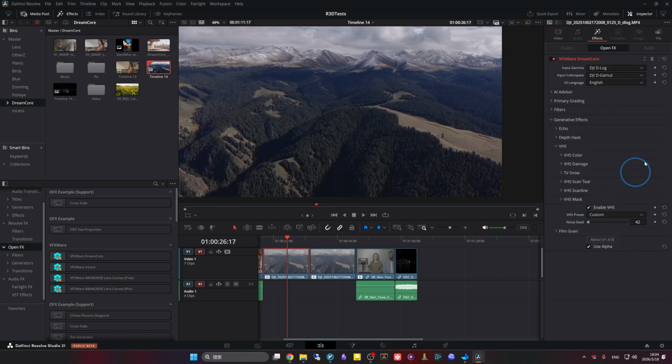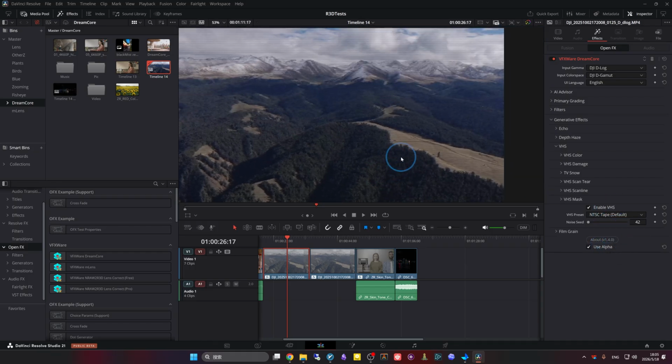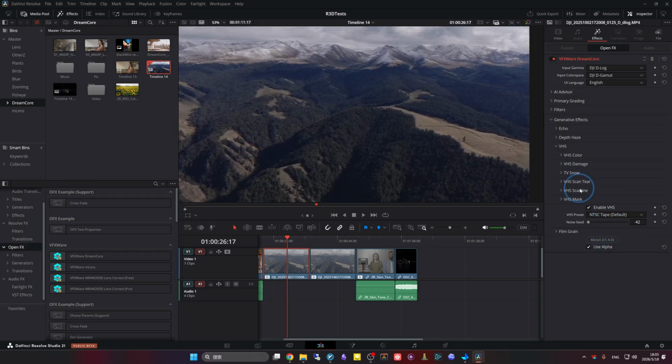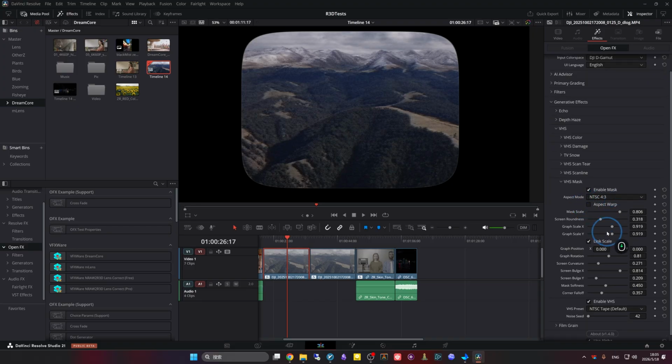And the next section is the VHS section. You have the presets. Like here, you switch to the NTSC tab. And then voila, you have the broken tape image. You adjust the mask here. This is a 4:3 ratio NTSC. You can adjust the round corners